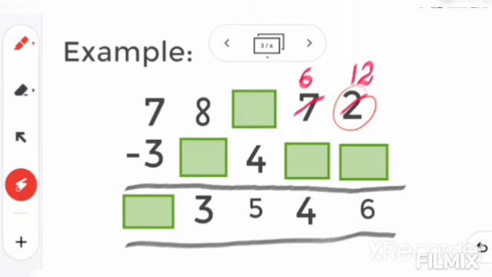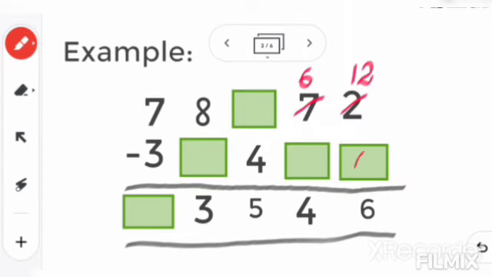Okay, you will not subtract from the difference. You have to subtract from here only. From 2 you cannot subtract, so you are borrowing. So here it will be 6, and that borrowed one gives you 12 here. So now from this 12 you will subtract this 6. 12 minus 6, how much will you get? 6. So in this box, the answer will be 6.